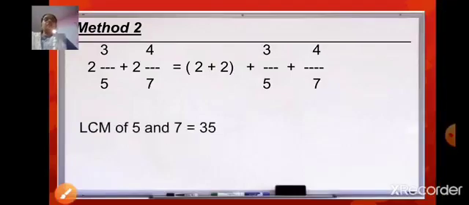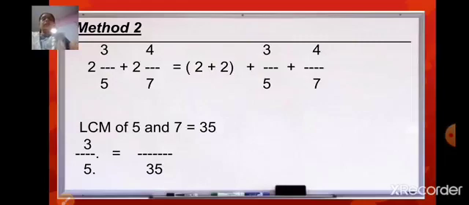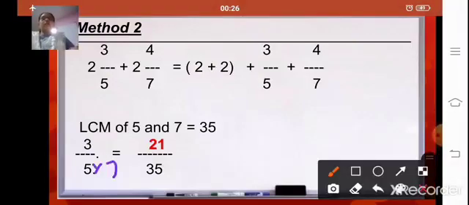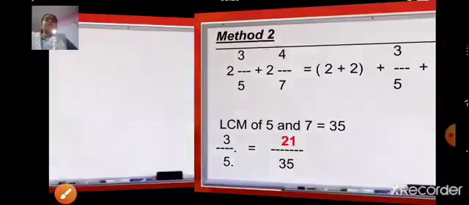you have to first find the LCM of 5 and 7, that is 35, and then make the fractions like fractions, that is here 5 into 7 is 35. Same way 3 into 7, when you multiply you will get the answer as 21. 5 7s are 35 and 3 into 7 is 21. Okay. So this 4 we will add it along with the whole number at the end.